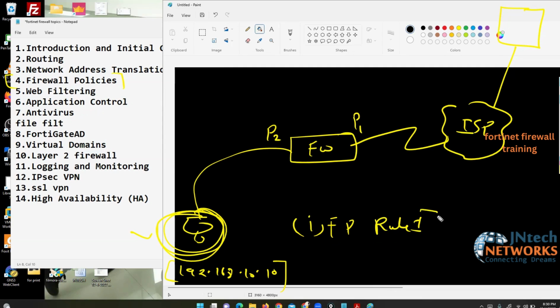So if someone hits this rule, you can monitor the log. You can monitor your traffic. If someone hits this firewall policy, you can verify the log information. So in the log, you can get only incoming interface,